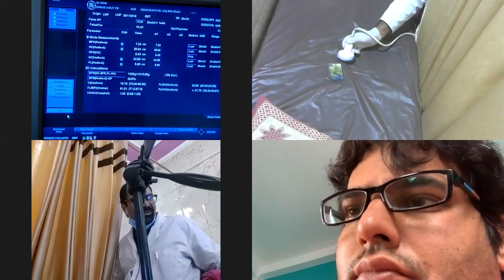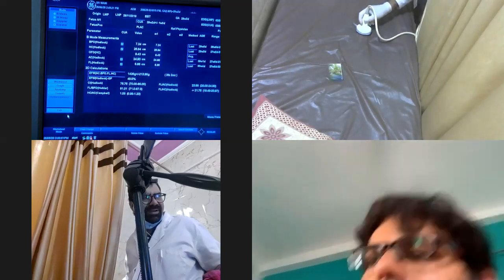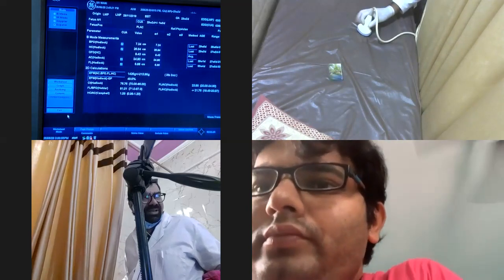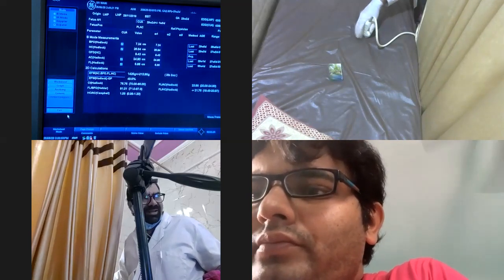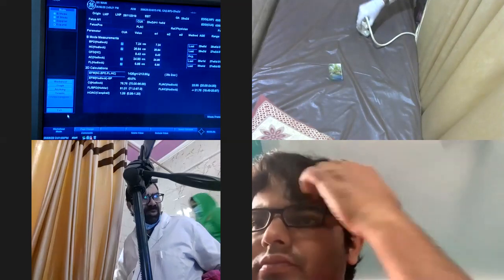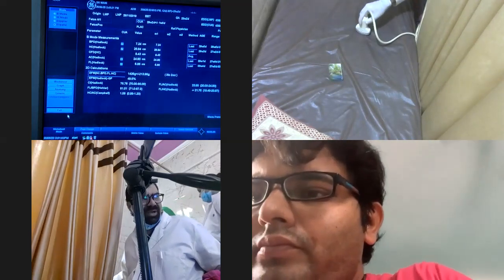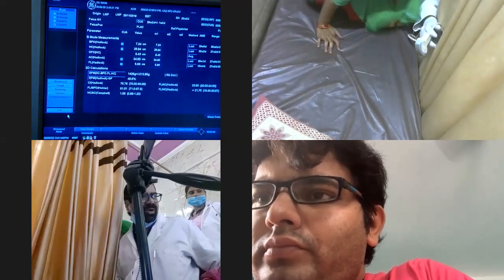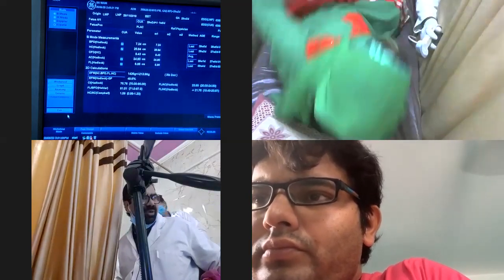So whatever fluid is over here will be reflected from this point. But I will be thinking that I am getting a pocket over here, which is wrong. It is not this pocket because this probe is not perpendicular but tilted. So the point is, don't angle your probe whenever you are taking the amniotic fluid.